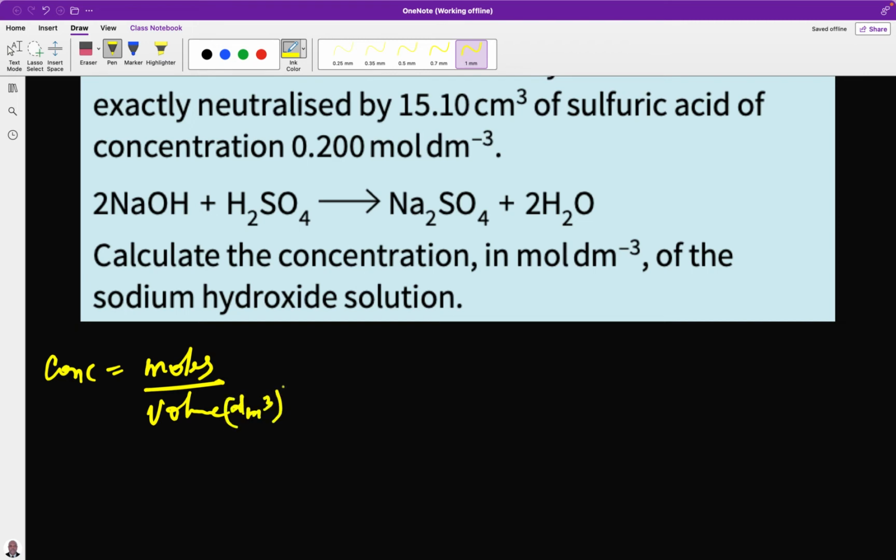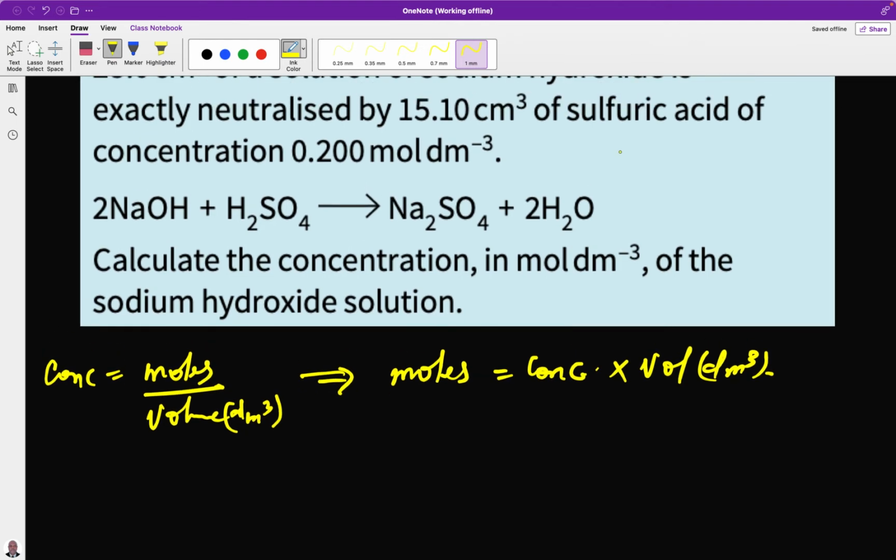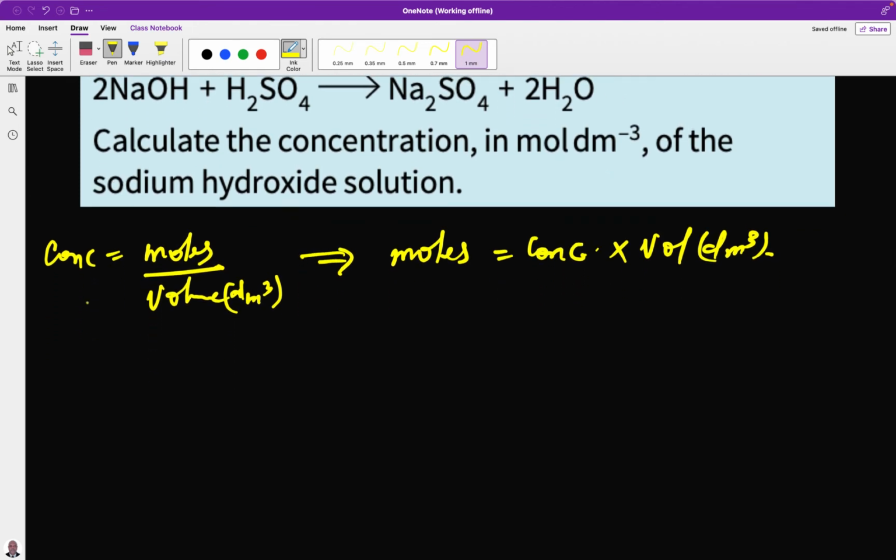So in that case, our number of moles will be equal to concentration times the volume in dm cube. We are going to do this first for sulfuric acid. Therefore, from the data given, the moles of sulfuric acid